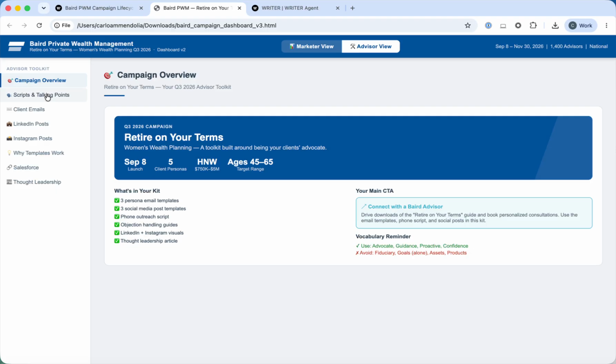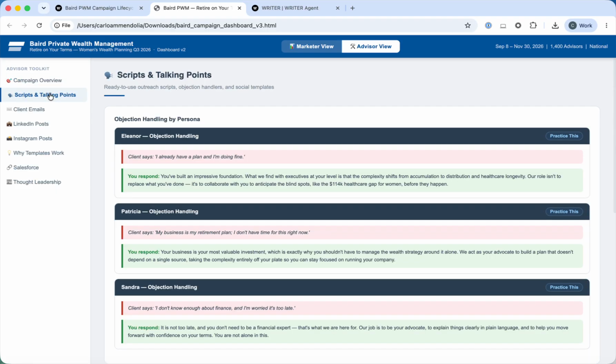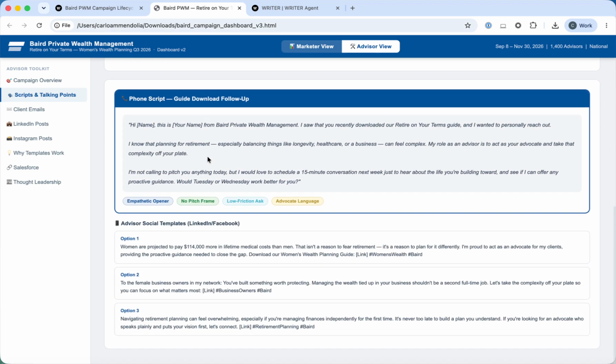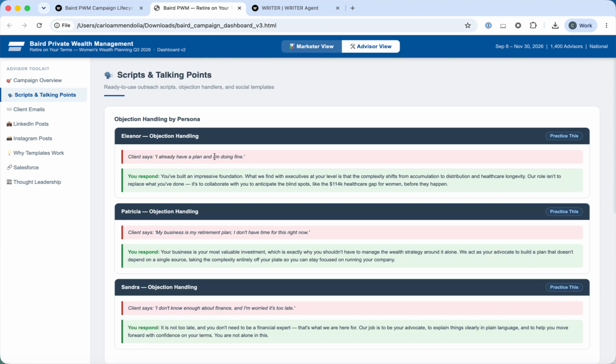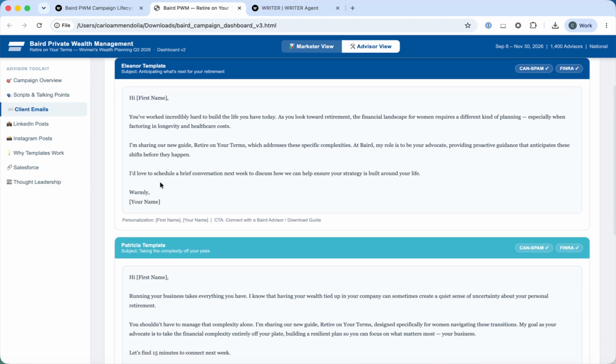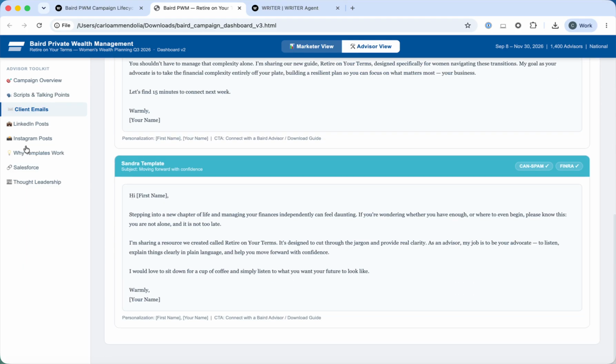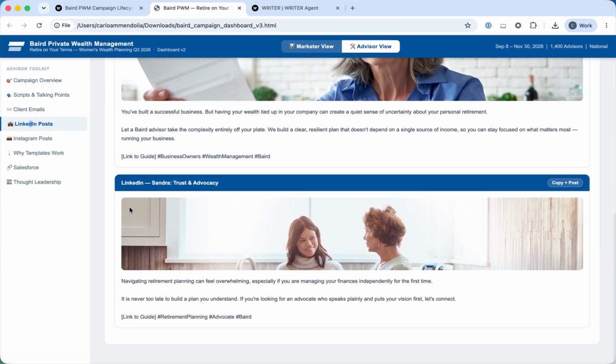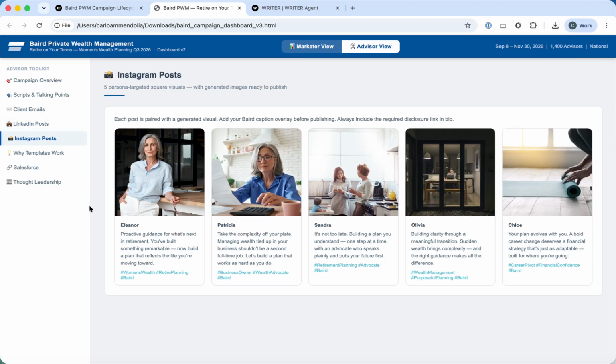So again, we haven't dialed in any of these requirements or outputs to what Baird's processes are or Gold Star standards, but directionally, hopefully this gives you an idea as far as having talking points for the different personas, client emails, each personalized to different personas that you can send out, a LinkedIn post if we want to drive more of that thought leadership behavior, an Instagram post,